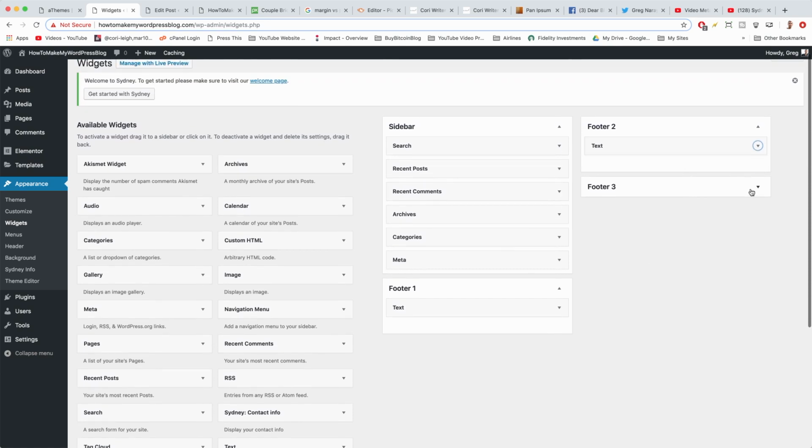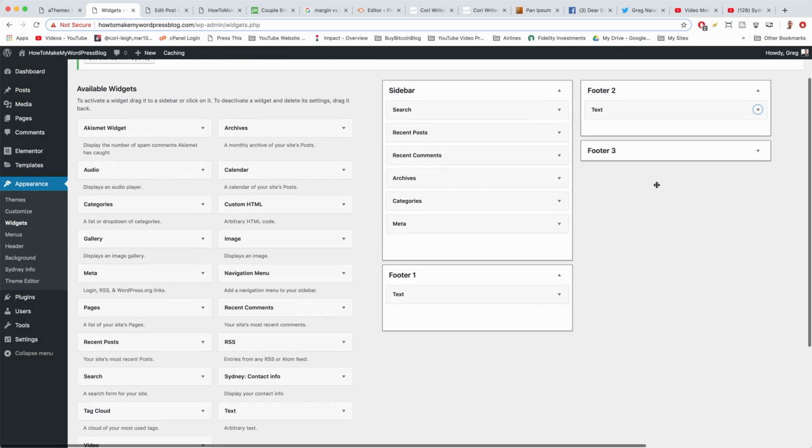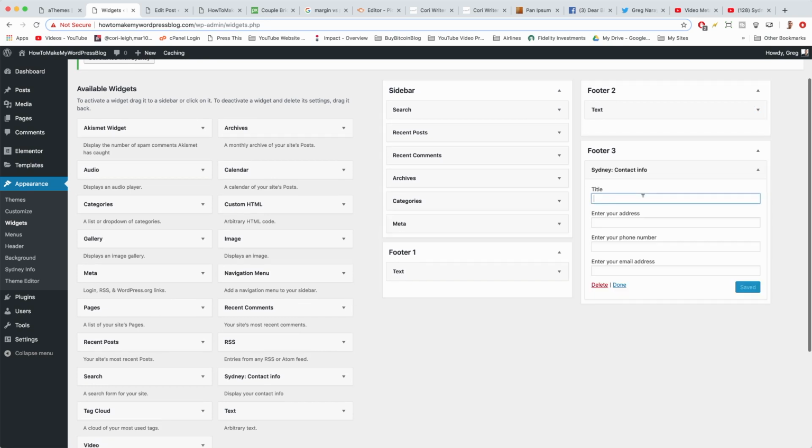All right, then footer 3, we just want to use Sydney contact info. So this is where we can just have the title, like get in touch, address. I usually like using Chelsea Market,